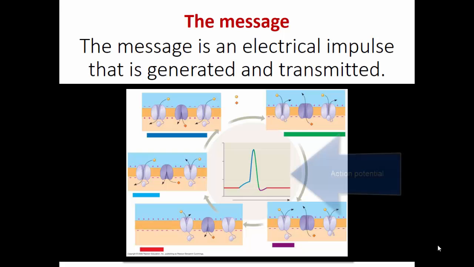This generates an electrical message called an action potential. The message is generated at the beginning of the axon in an area called the axon hillock. The action potential, or electrical depolarization, is transmitted down the axon to the synapse. It is an all-or-nothing potential, which means that there is no degradation of the electrical potential from one end of the axon to the other. Just like the electrical wire, the neuron has an insulator which retains the charge inside the axon. This insulator is called a myelin sheath and is a fatty cell surrounding the axon.